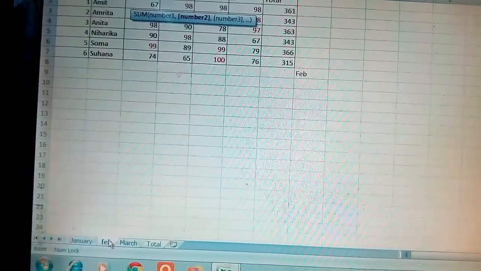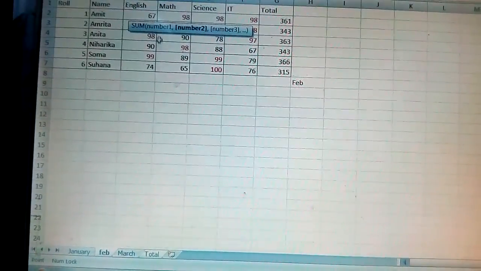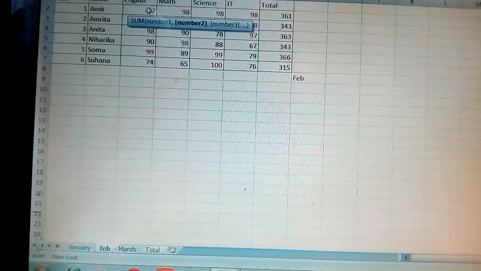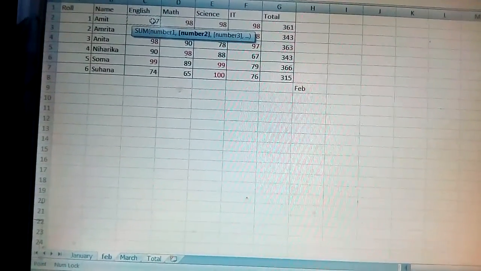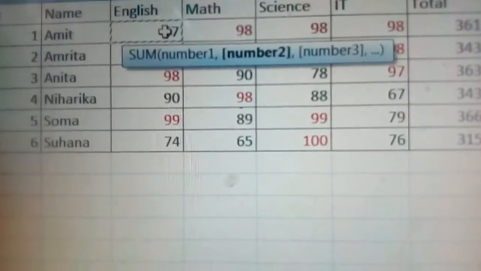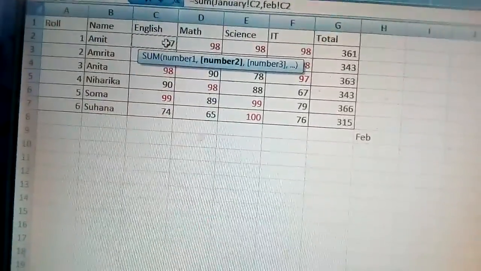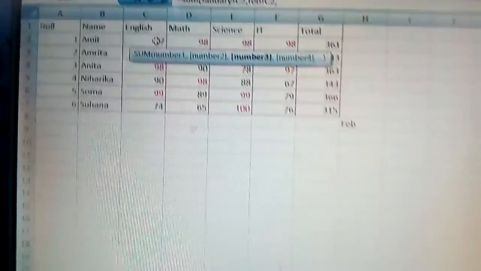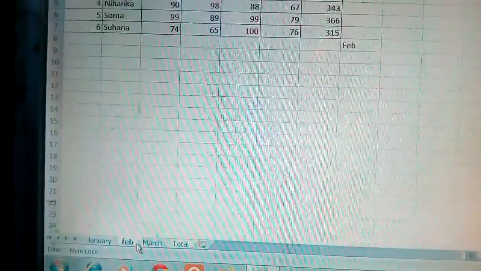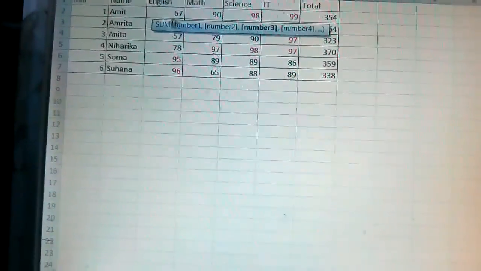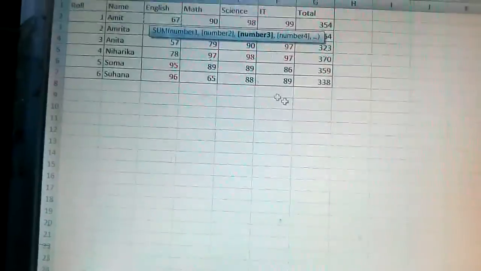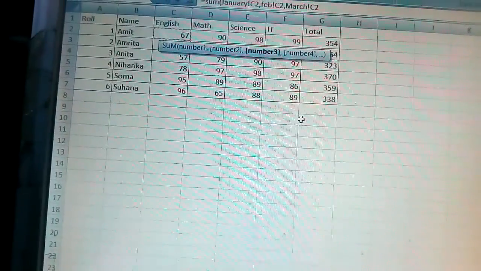February, select the 67 English, then again comma. You can see here this type of selection has been done. Okay, so give the comma now, and then go to the month of March, again select English. Okay, and then shift and